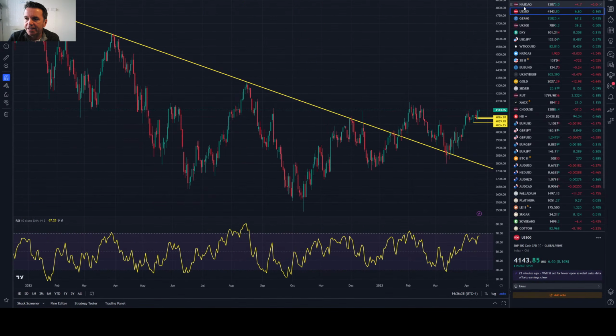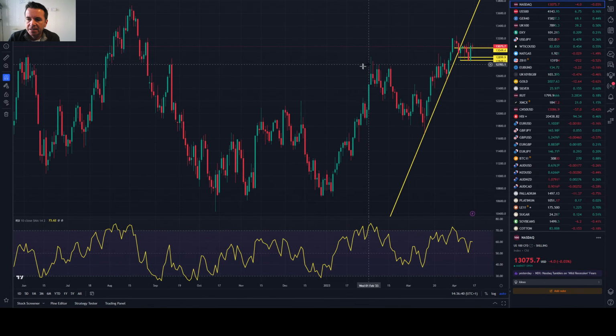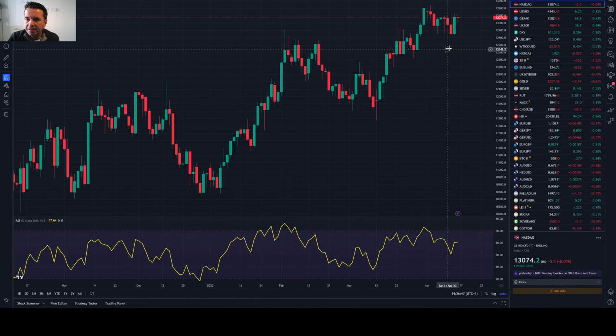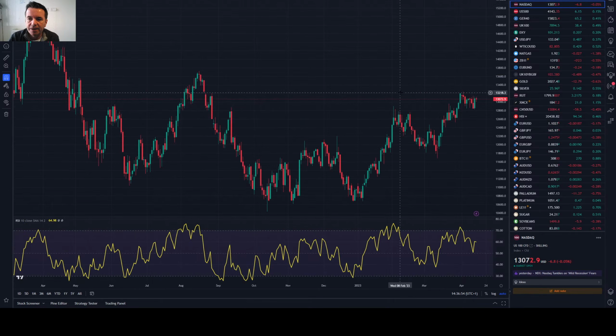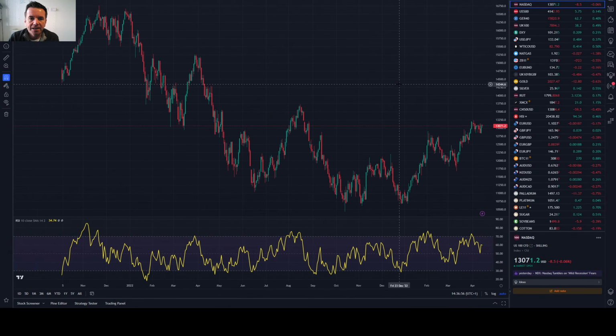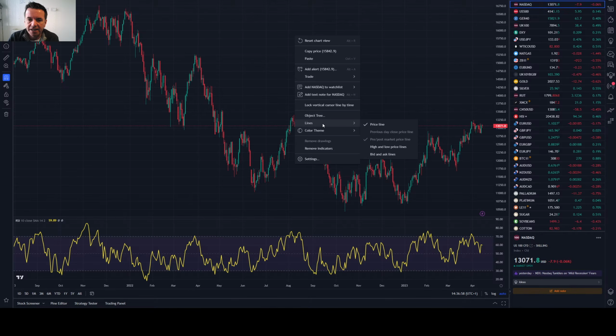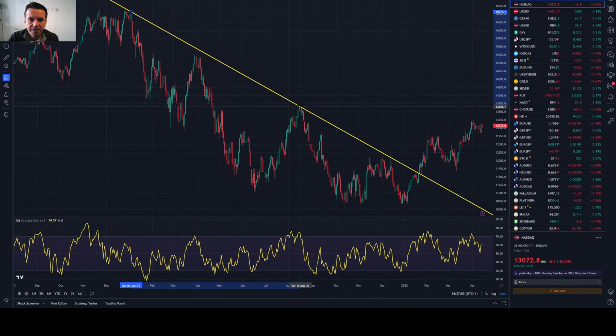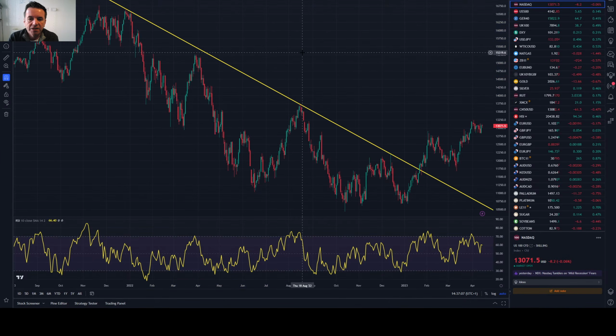Similar for the NASDAQ. If you look at the NASDAQ, we're looking at the daily chart here, and let me just delete all these lines. You can see what the last week, six or seven trading days, has been like. It's been pretty sideways, chop, day to day. But again, for the NASDAQ, for me, we've come out of that downtrend that we were in from November 2021, so looking to see if it can recover further as the year goes on.